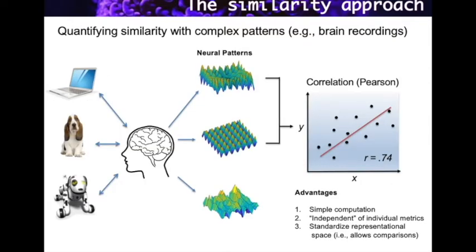A useful and most commonly used approach is to calculate the correlation between two patterns. A correlation provides a numerical value of the statistical relation between two variables. The higher the correlation coefficient, the greater the similarity between two given patterns of data. Therefore, this is a very helpful approach as it provides a standardized measure of similarity with a known distribution.